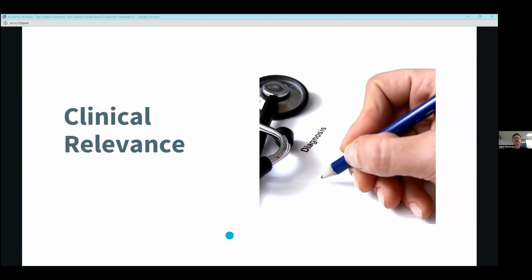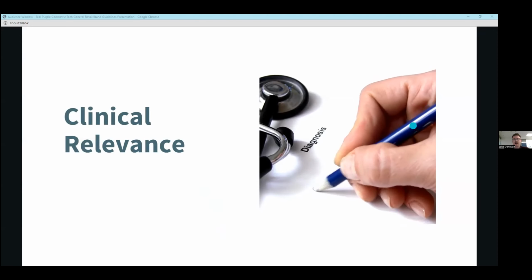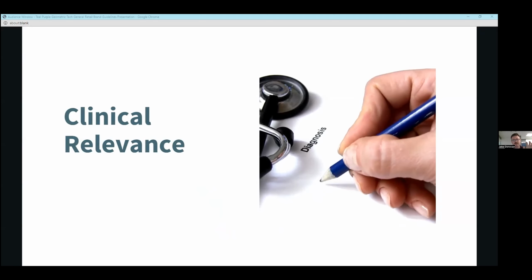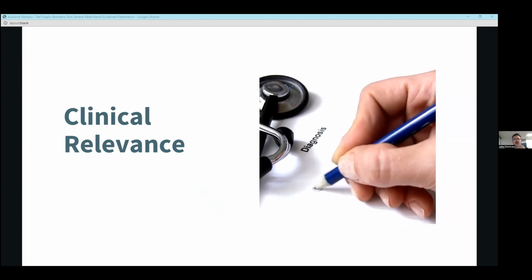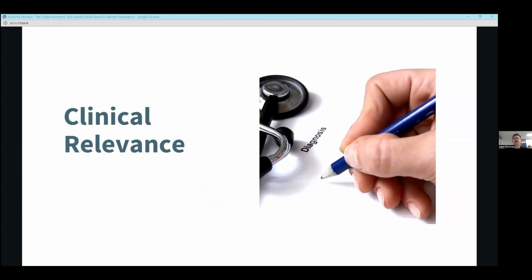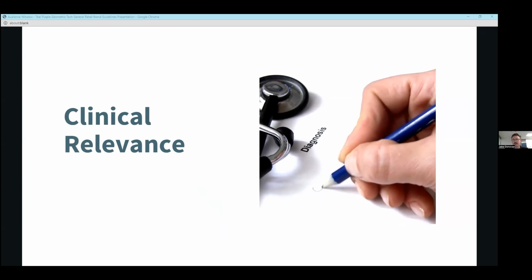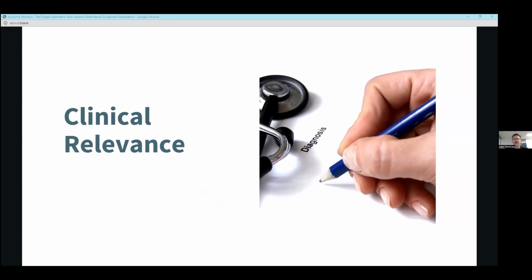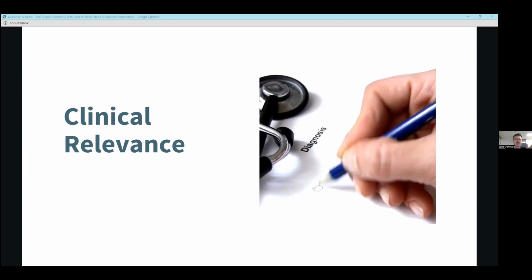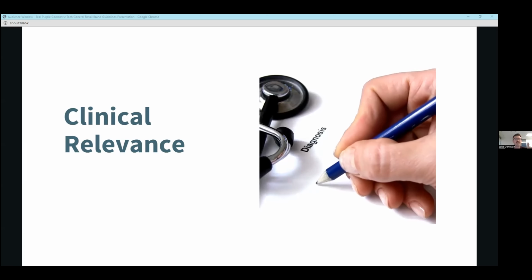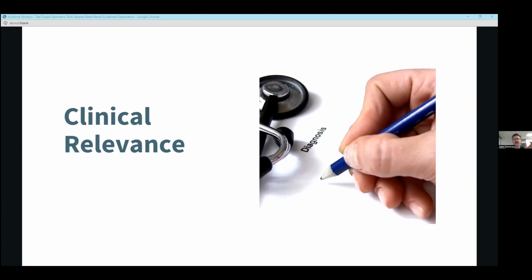So what's the clinical relevance of this? I think there's a number of causes for what we see with B lines, and that ranges from interstitial syndrome, which is the kind of throwaway term that we use, but cardiogenic pulmonary edema, pulmonary embolism can cause B lines, pneumonia can cause B lines, pulmonary fibrosis can cause B lines. But you can use those different methods of evaluation to differentiate that cause with a pretty good degree of accuracy